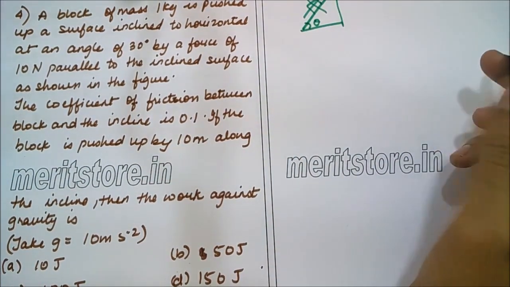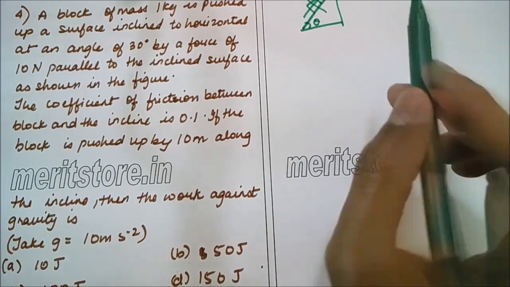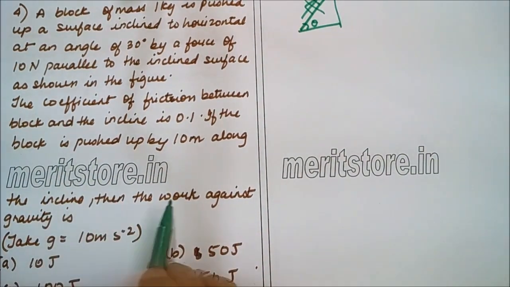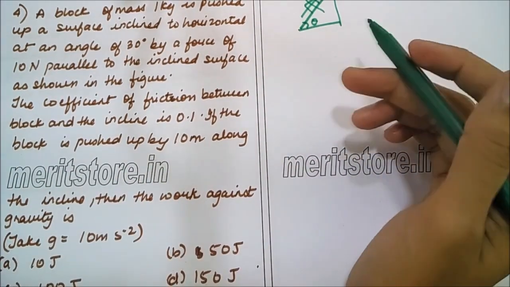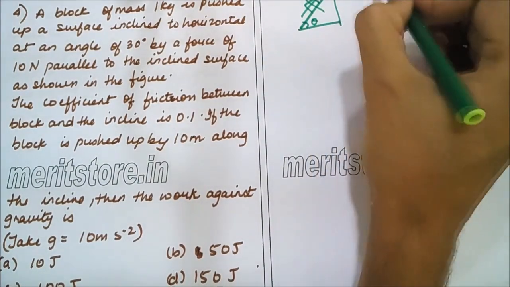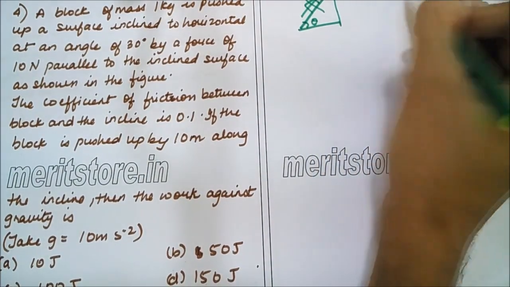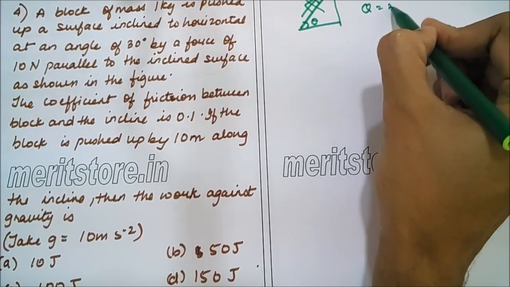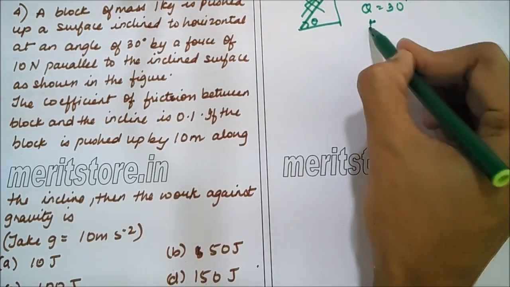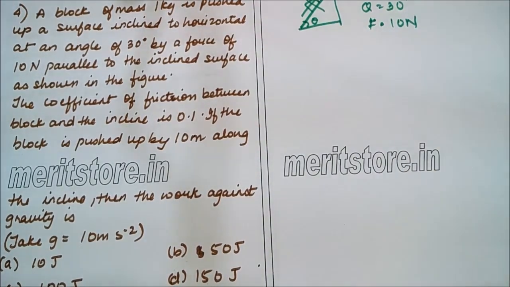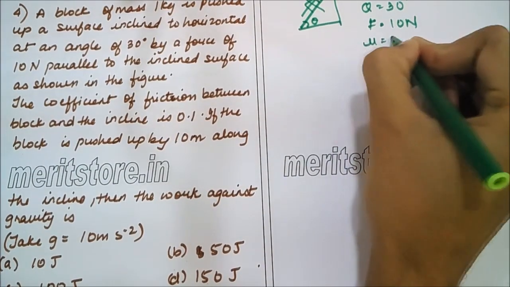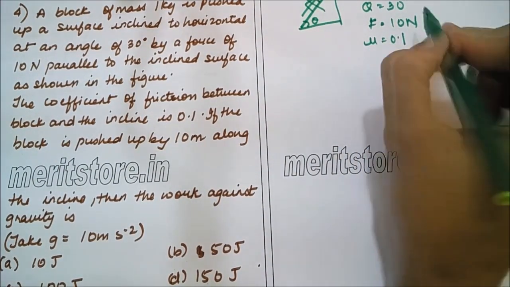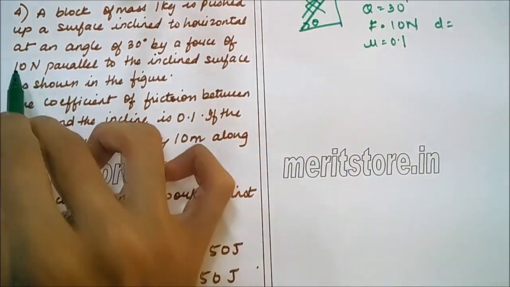Okay, then we need to find the forces, we need to find the work done by the box against the gravity. So here the mass is given to be 1 kg, theta is given to be 30 degrees, the force is equal to 10 newtons, and the friction coefficient is 0.1, and the distance